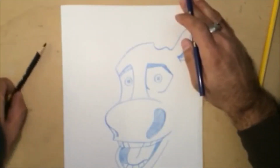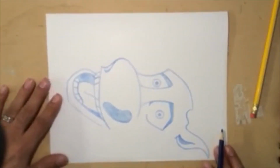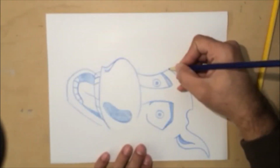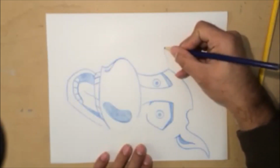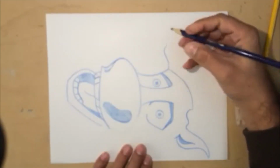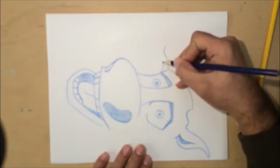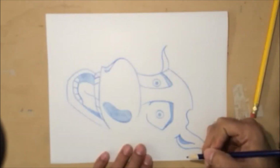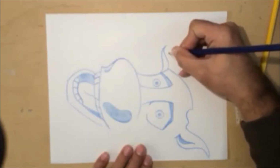Alright class, now here's the easiest way to do this next step. Take your piece of paper and rotate it to its side so that you're looking at Sven on his side. Alright, now right about here, the edge of the crest of his skull, we're going to go ahead and add in another muted letter S. Just bear with me. I know it sounds crazy. Alright, directly next to that we're going to add one more muted letter S coming right off the tip of his eyebrow. And then one more letter S to seal the deal and create